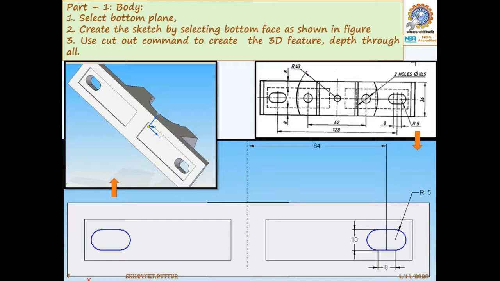Here, that means two circles on the sides and one square or rectangle shape in the center part. Draw that shape, then give a through-all depth. That finishes that part, only the slot. You get a slot depth of 14 mm.